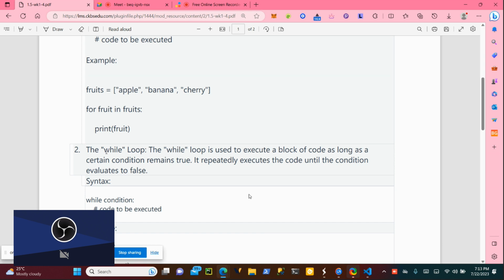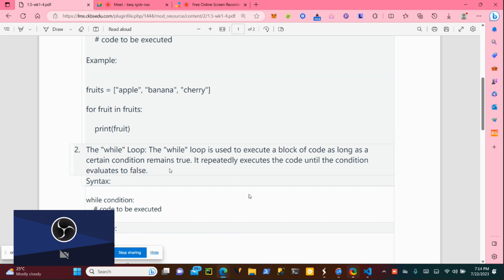It repeatedly executes the code until the condition evaluates to false. So while the condition is true, it's going to print the statement until the condition changes to false.